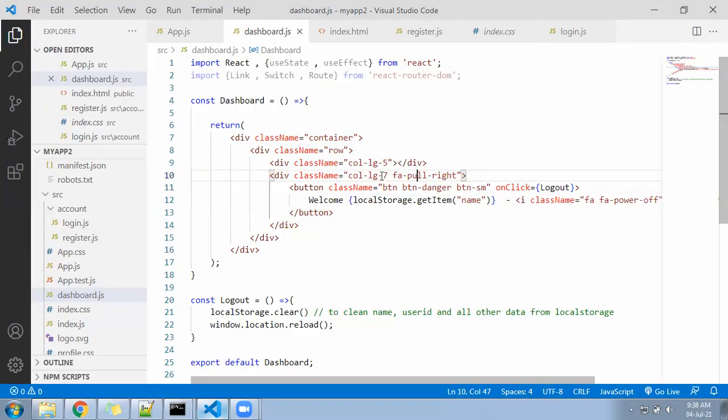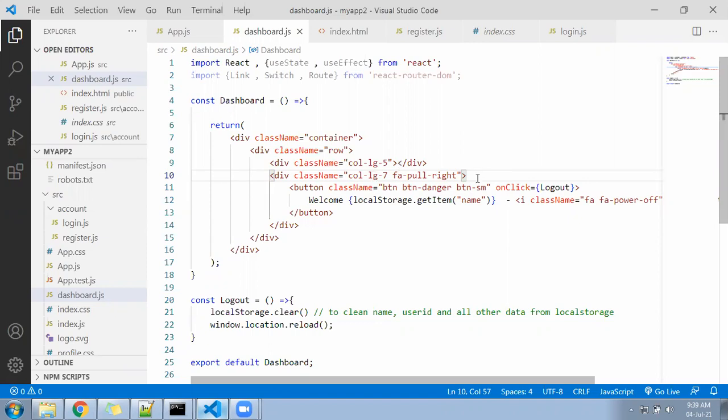Why not going? It should float right. col-lg-7, col-lg-5, why is it a problem?